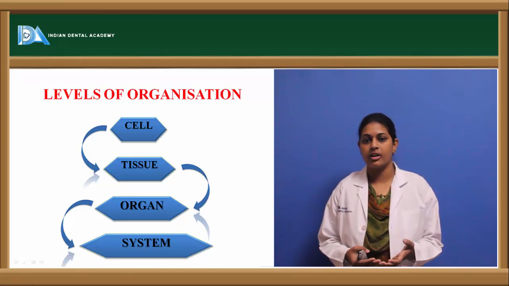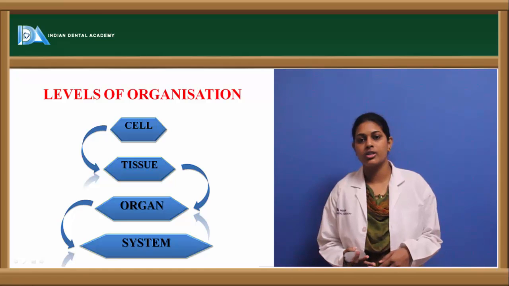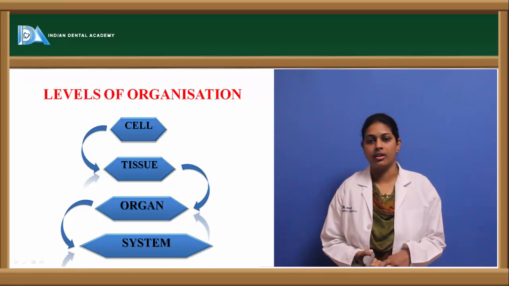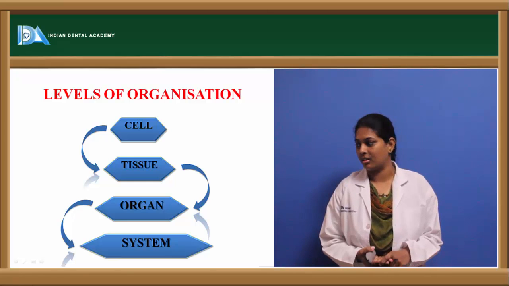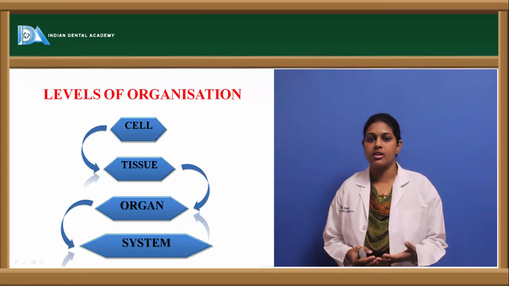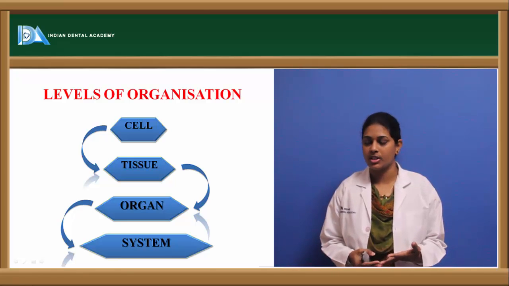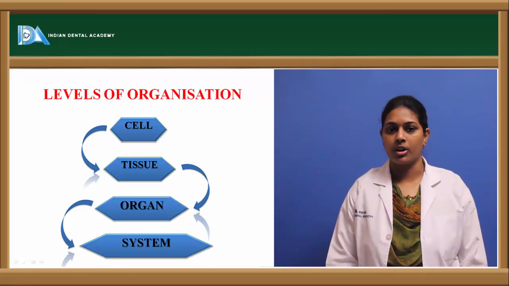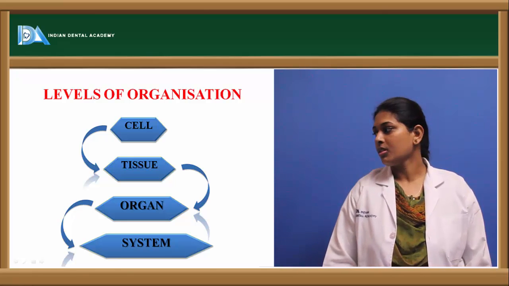These organs could be the brain, liver, or skin, or any GI related organs. These organs together constitute a system, it could be an endocrine system, a cardiovascular system, or a nervous system. So, giving an example,